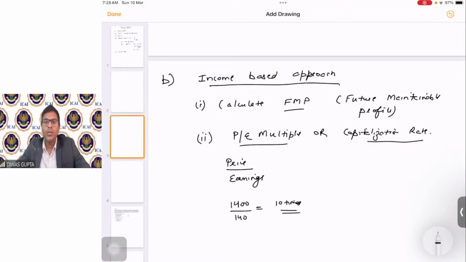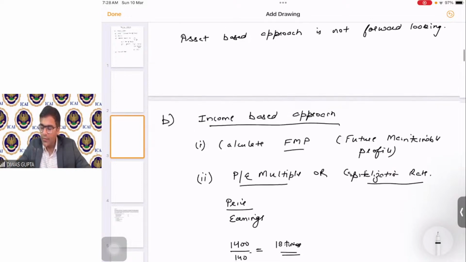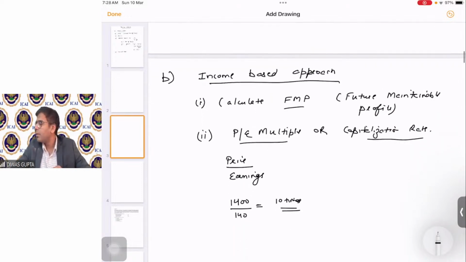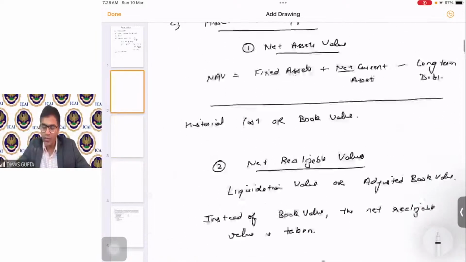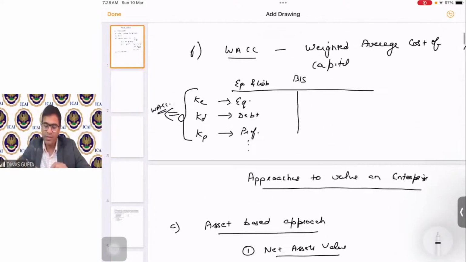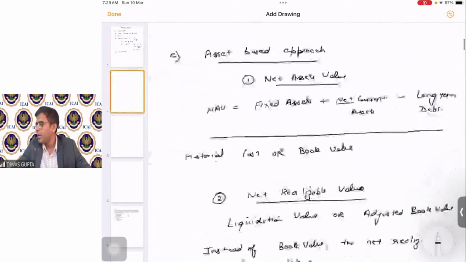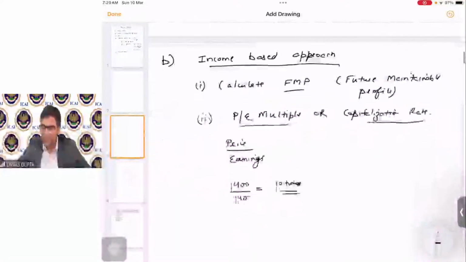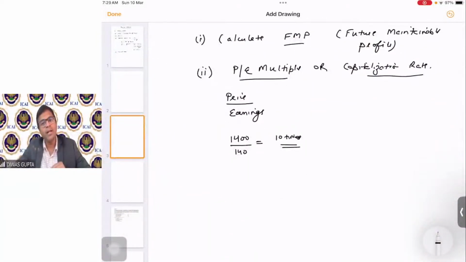No, Mansha, there is no need to consider probabilities. In this case there is no probability, but if the question tells you, then you can consider probabilities. Rasha Haris is saying it's cost of capital where equity and debt appear together. I think Rasha, you would be saying it for WACC, if I'm not wrong. Maybe this is what you would be saying, correct? Kusuma, yes, MPS by EPS. Perfect. Okay, PE multiple is understood.